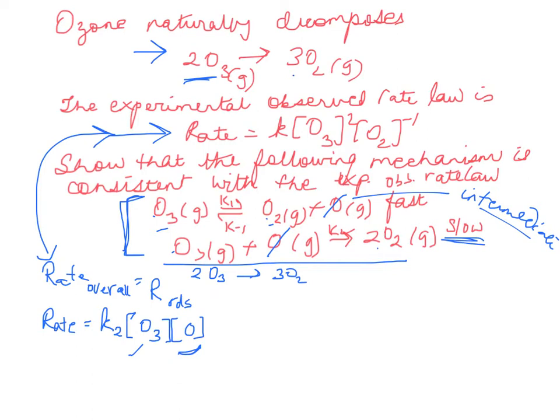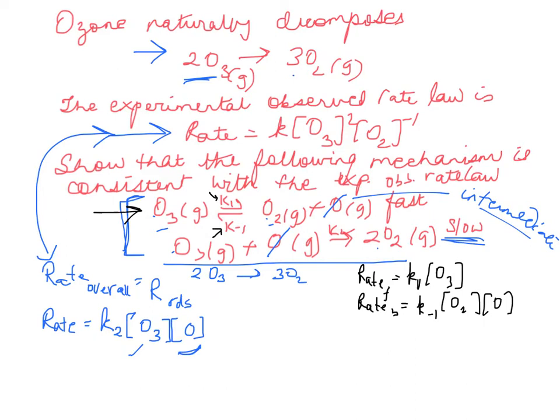So we are going to use the fast reaction now, and we are going to say that for the forward reaction, one could say rate of the forward reaction is going to be K1, or you can use KF, but since they have given me K1 and K inverse, I will stick to that. So K1 times ozone, and likewise you would be able to say that rate of the backward reaction is going to be K inverse times O2